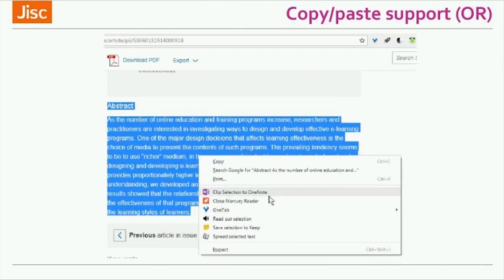And then there are other things, copy and paste support. Obviously, from an academic perspective, being able to clip selections is really important. Now, the problem is sometimes DRM will allow you to copy, but each time you do a copy, it does this little message thing that comes up and says, oh, you've now only got 4% left. Now you've only got 3% left, because it's confining the user to a maximum of 10% copy and paste.